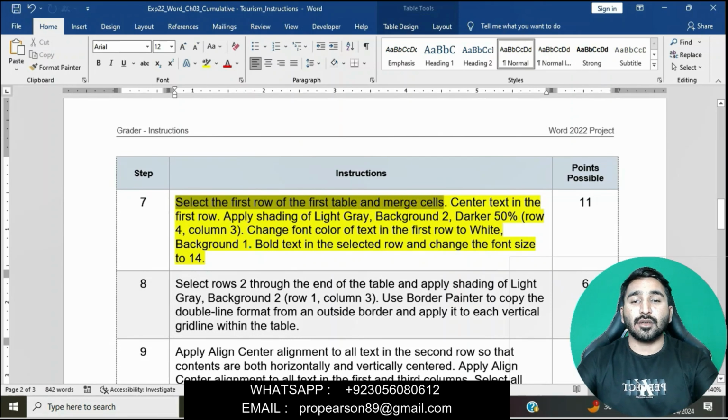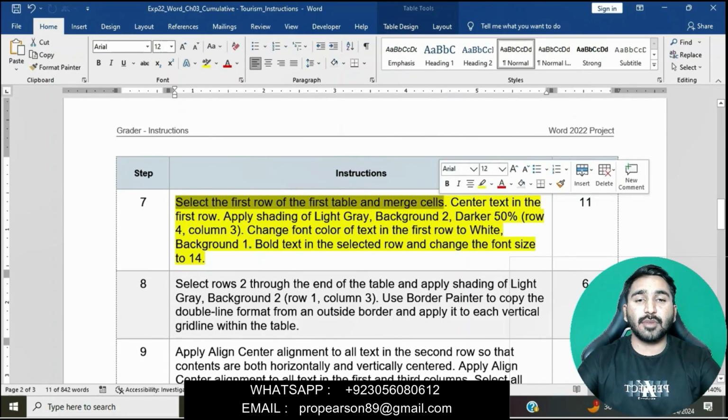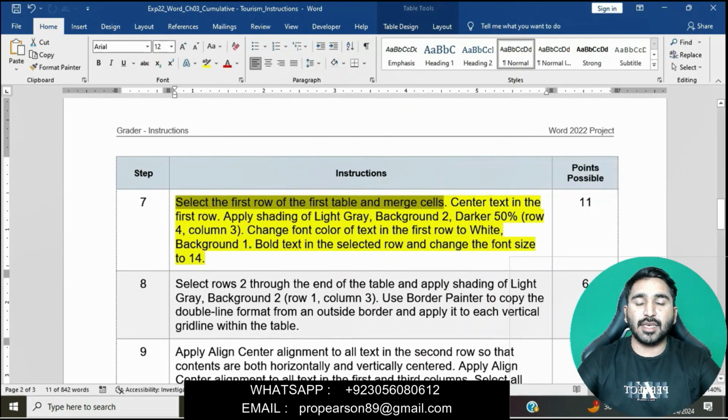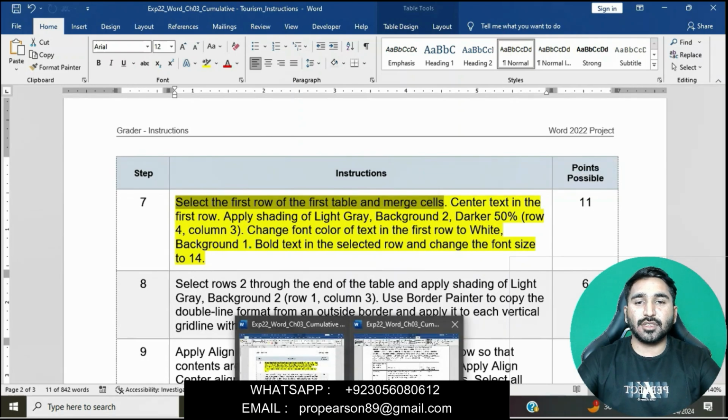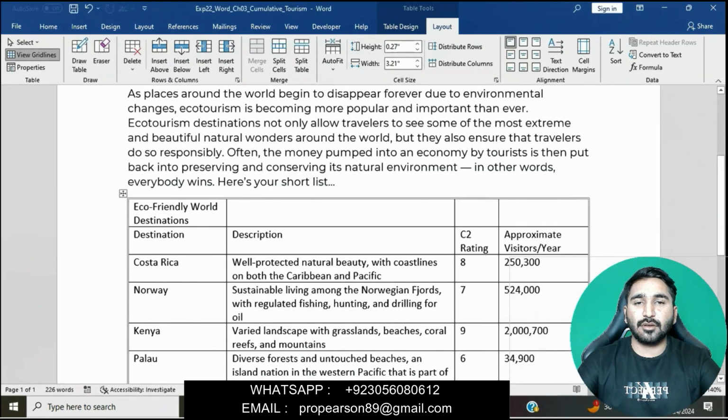Select the first row of the first table and merge cells. In the Word file, we will select the first row of the first table and then merge cells. You can read this question first. Now I am applying this on my file.